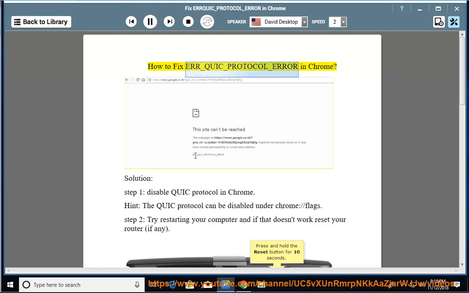How to fix error_QUIC_protocol_error in Chrome. Solution, Step 1, disable QUIC protocol in Chrome. Hint, the QUIC protocol can be disabled under Chrome//flags. Step 2,